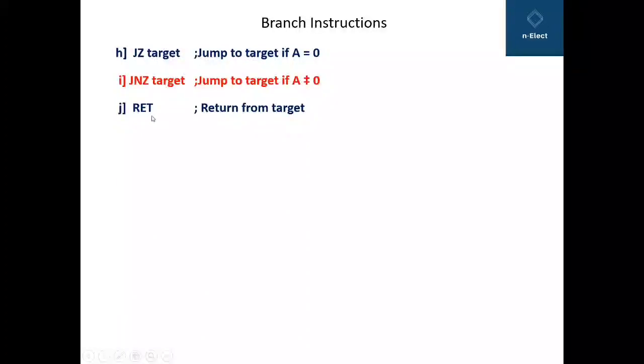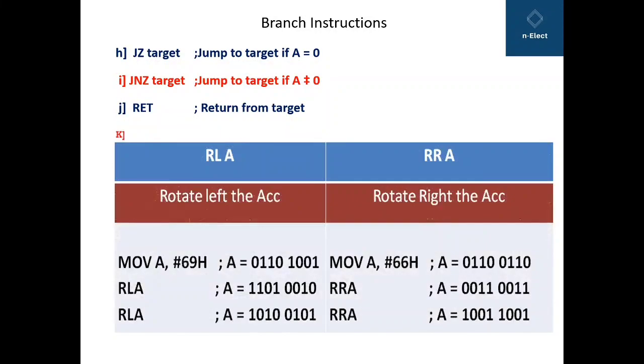Then RET, that is return instruction, that is return from the target address. This type of instruction generally occur in a subroutine, means the main program is there and by the side of it one small program is written which is called as the subroutine program, and in the main program somewhere it is called. So from main program we move on to the subroutine, we execute the different instructions in subroutine, and the last instruction of subroutine is return from where we reach to the same place where from we came actually. So this is the way where the return instruction works, and it is generally used in a subroutine programs as the last instruction.